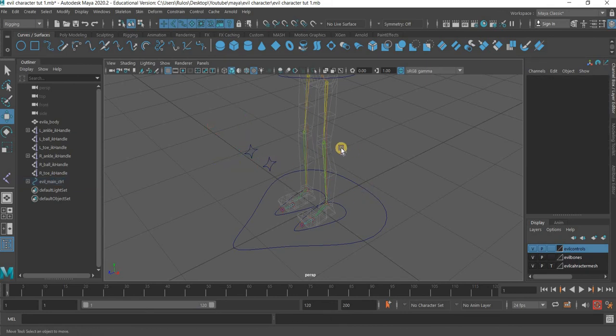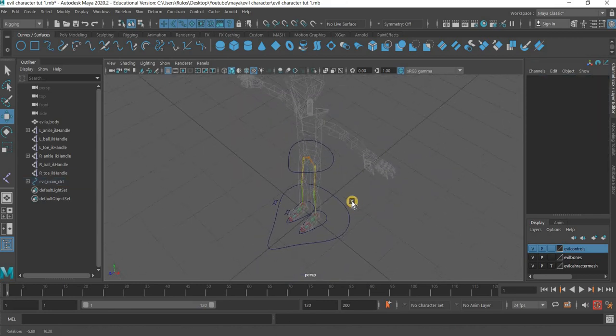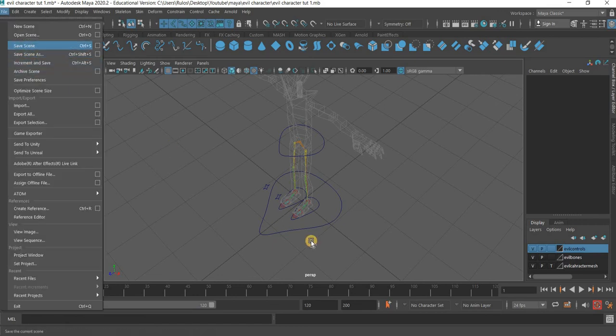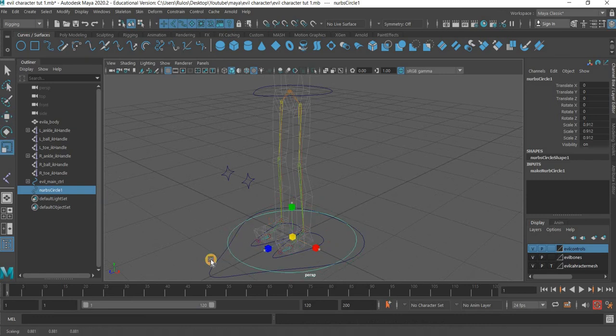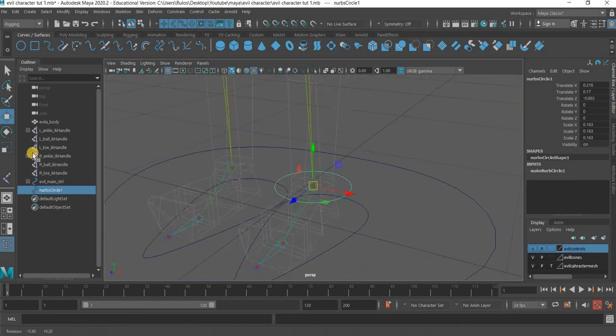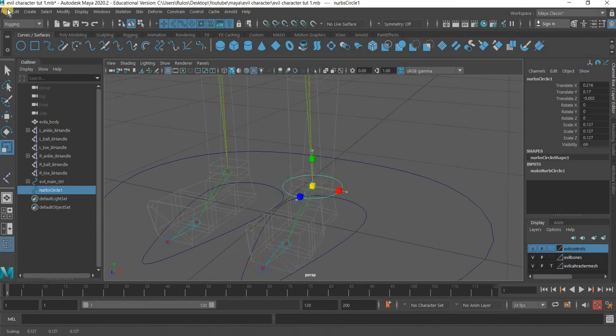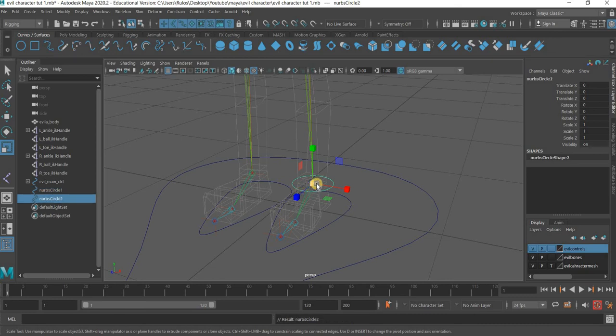Okay, and everything is named properly. This one is simply hip control. Okay, we need a couple of more controls, and this one I'm not going to edit because this one is for the stretchy bone. So if you hit V and then snap it there, it can even be smaller. So go to Edit, Delete by Type, History, Modify, Freeze Transformation, and then Shift D, V,